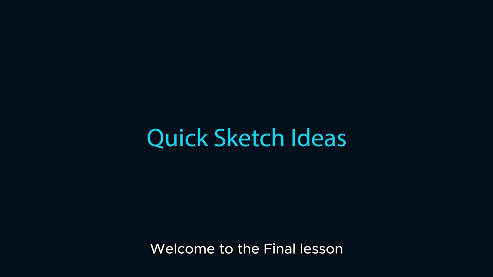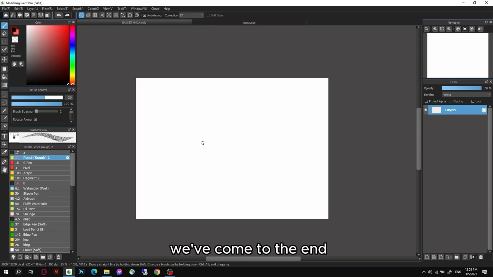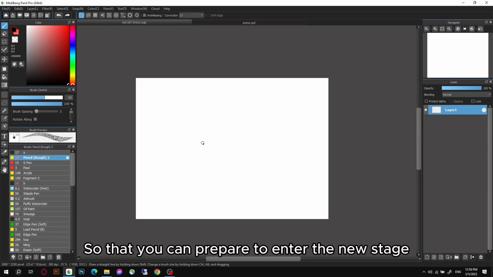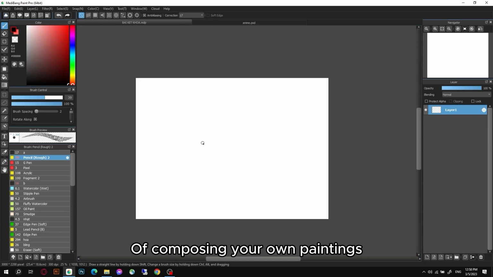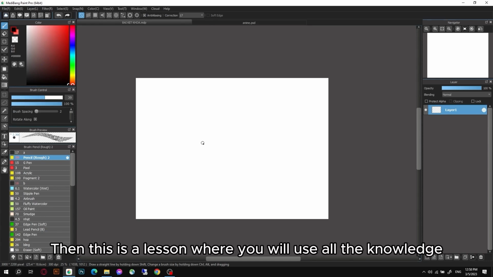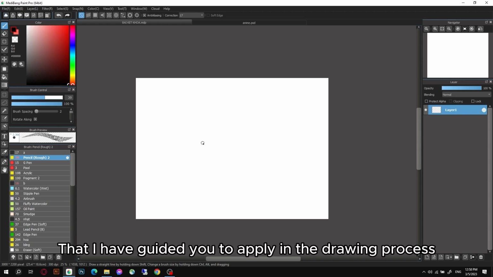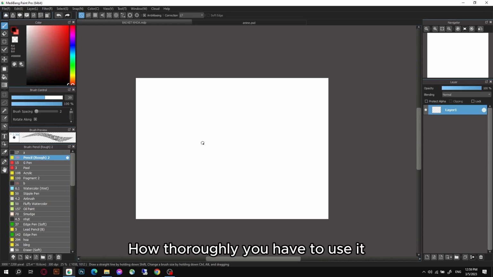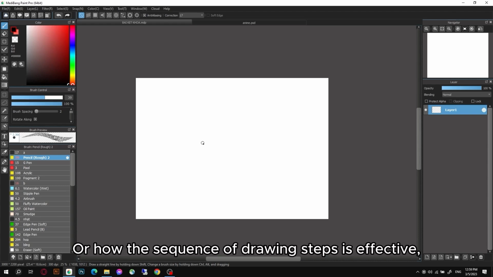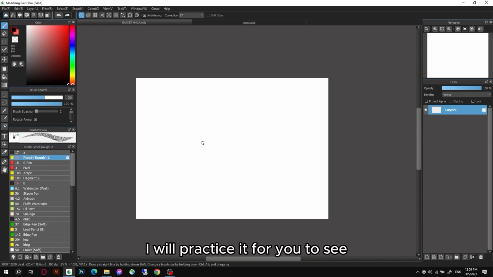Welcome to the final lesson. We've come to the end, so that you can prepare to enter the new stage of composing your own paintings. This is a lesson where you will use all the knowledge that I have guided you to apply in the drawing process: how thoroughly you have to use it, and how effective the sequence of drawing steps is. I will practice it for you to see, and you can imagine your route to drawing an